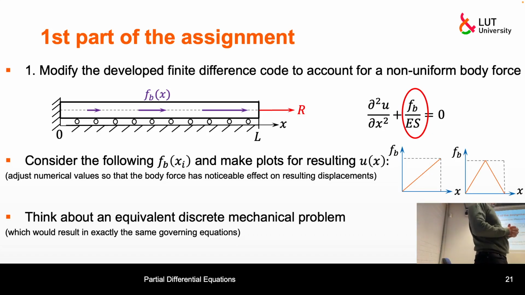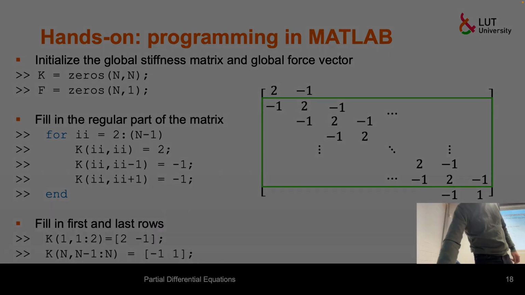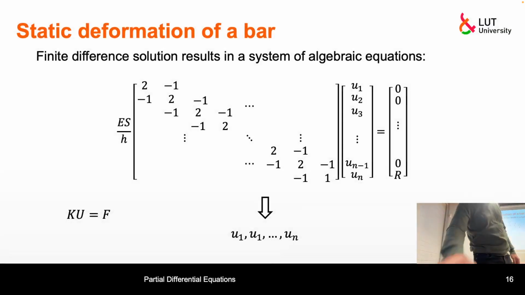So think about if there is any discrete problem which would produce exactly the same set of equations, this one, as you produced for this continuous problem using central difference methods. And I want you to do that accounting for body forces. So what type of problem, if there is any, and there obviously is some, because I'm asking about that,